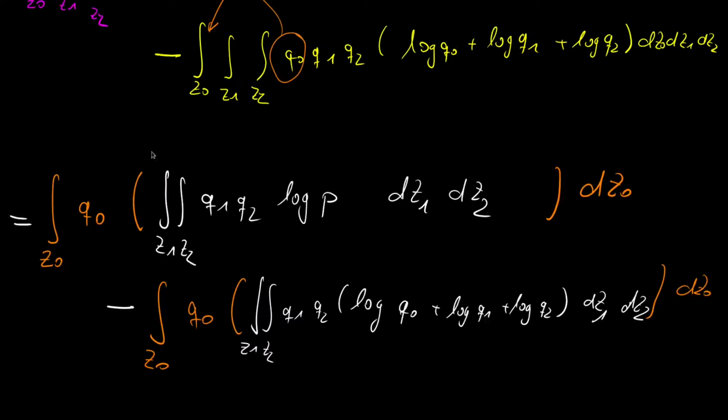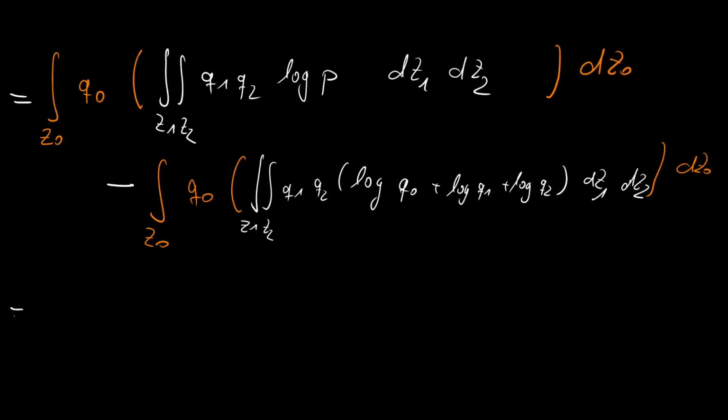In the first, we see that this inner term, which is inside the orange brackets, does not contain q0 anymore. Whereas for the second, we have q0 still in the logarithm, or the logarithm is applying to q0 here. For this, let us subdivide this second integral into two integrals once again. In one integral we have the log q0, and in one we only have the log q1 and the log q2. So in essence, this would mean we keep the first integral, which was over z0, then the double integral z1, z2 of q1, q2